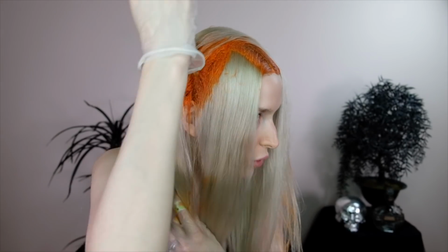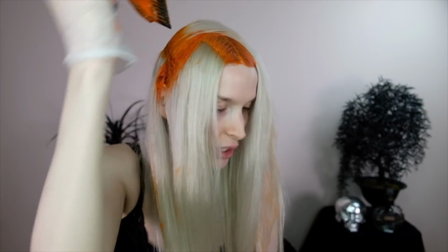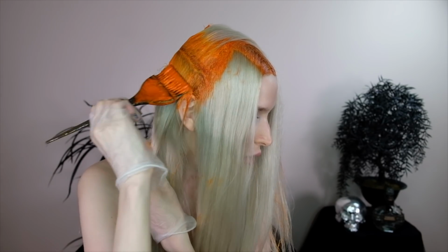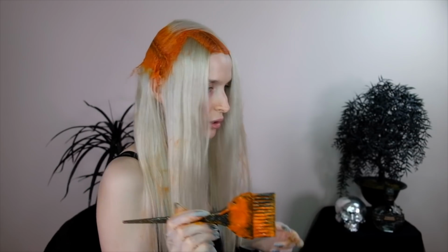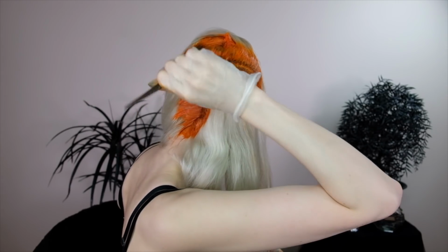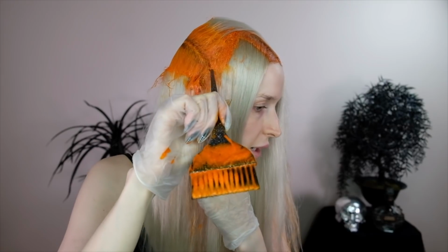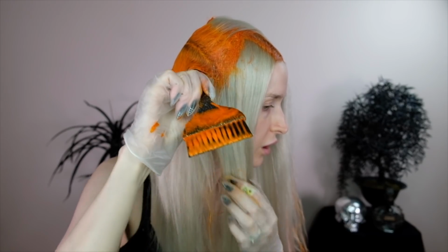If you get hair color everywhere, if you need a towel to wipe your hands off, like if the color is getting everywhere and you're wanting to use another color, then you can just towel off your hands if you start getting anything on your fingers, so you can keep it out of your hair. Gonna do this, and then I go all the way back. That way I don't miss. Let me show you. Go all the way back to the back part and bring it over. So then once again, go down the part from the top of the head to the top of the ear, go down the part 1 inch, cut in,